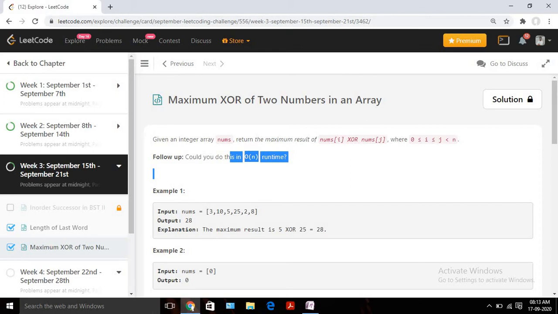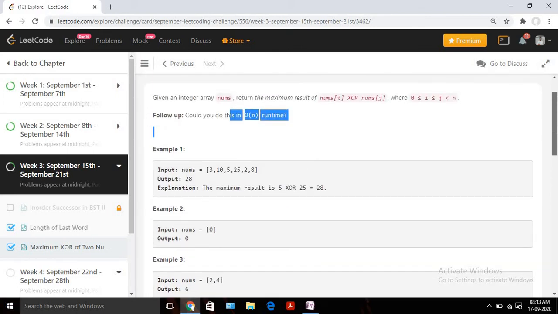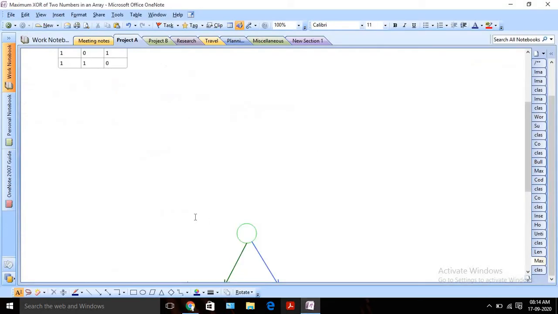If you see, they are talking about the XOR value, right? XOR means we are doing bit manipulation. So probably we need to do something bit manipulation related, and we can use a trie data structure for the same. What I will do is convert all these numbers into binary numbers and store them in a trie. Then in linear time we can query or search the trie to get the maximum value. Okay, so let's see the approach, then we will try to code it out.